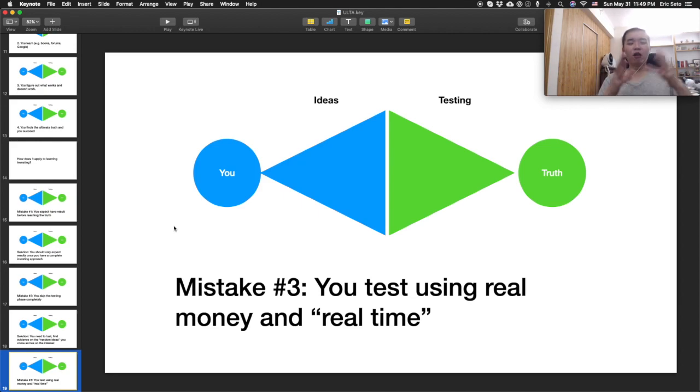Then you are really waiting for 3 months for one trade to play out. And during this 3-month period, you might get a new idea, you might read a new book, you might come across a new forum post, and that will derail you from your original strategy. So by the time you finish your 3-month testing for your first stock,